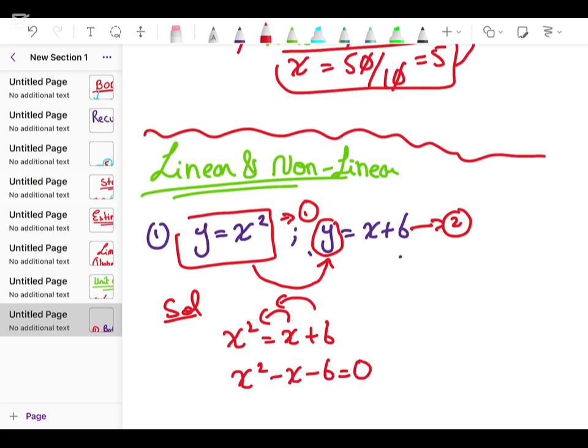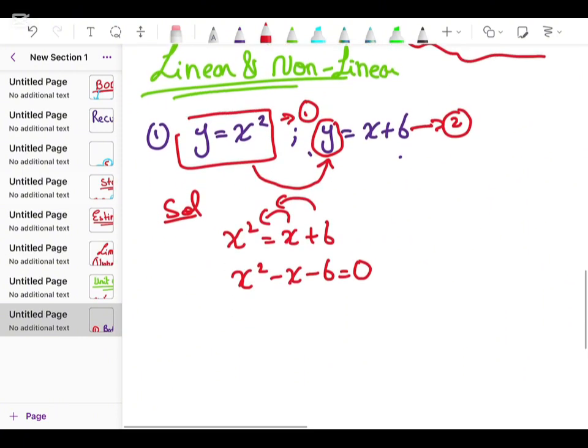Okay, and one more thing is very important, I will explain it to you at the end. Now you can see that the equation becomes x square minus x minus 6 equal to 0. Now you can see this is a quadratic form, so we have to apply the middle term break. We already did the middle term break in the previous video. I already explained it in the algebra topic, so we have covered the middle term break in that class. So I hope you go through that video.